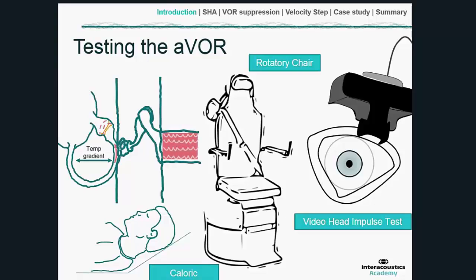But on the other hand, nevertheless, the chair, when compared with the V-HIT, well, you might say that the manual manipulation compared with the computer-controlled chair stimulus, that the computer-controlled stimulus means that there's no issues of technique, which remains to some extent a pitfall of V-HIT. The contraindications that might come up from time to time that might prevent you from doing a V-HIT, such as neck trauma, unlikely to apply in the rotary chair. The goggle slippage issue that sometimes again remains a challenge in V-HIT is much less of an issue in rotary chair,